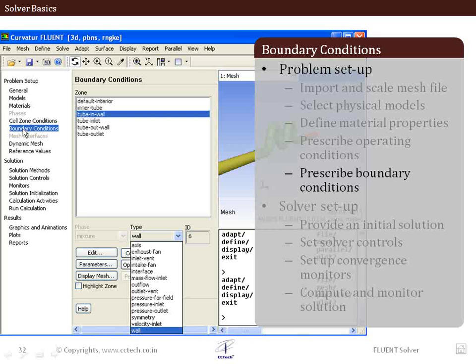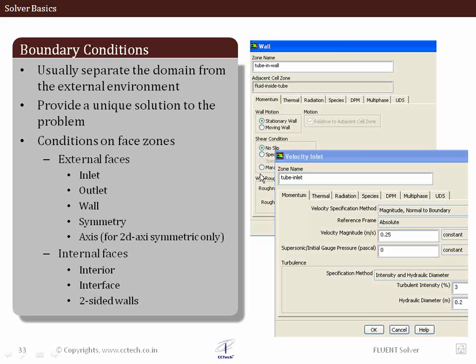You can just click on boundary conditions and we can see the different boundaries that are available, and we can set up conditions for them. So basically there are a variety of options. We can have external faces for which we have to specify the boundaries. We can also have internal faces. Internal faces can be because of interior or two-sided walls, or in some cases we might have to generate an